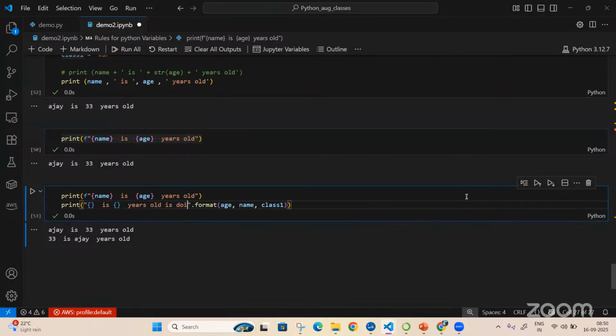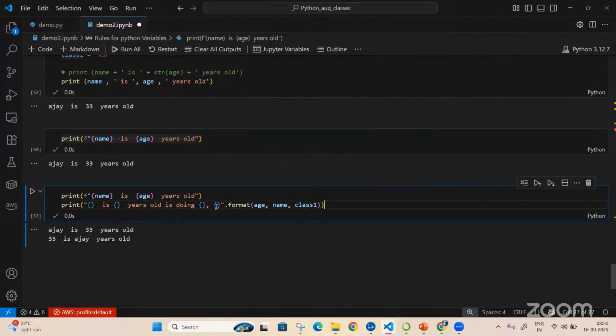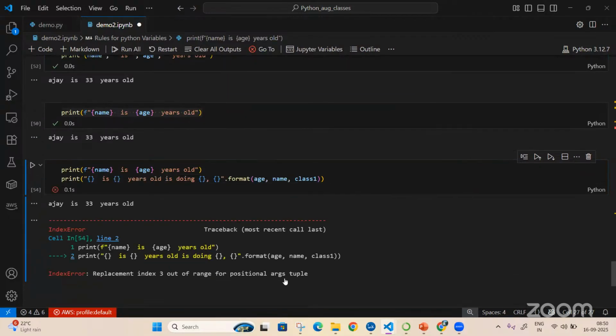What if there is one more flower bracket and we don't have an extra variable inside format? How can it identify what to put? If I execute this, it says placement index 3 out of range.